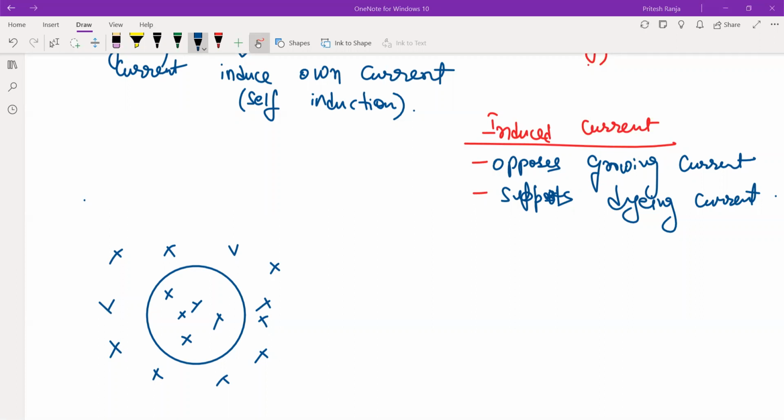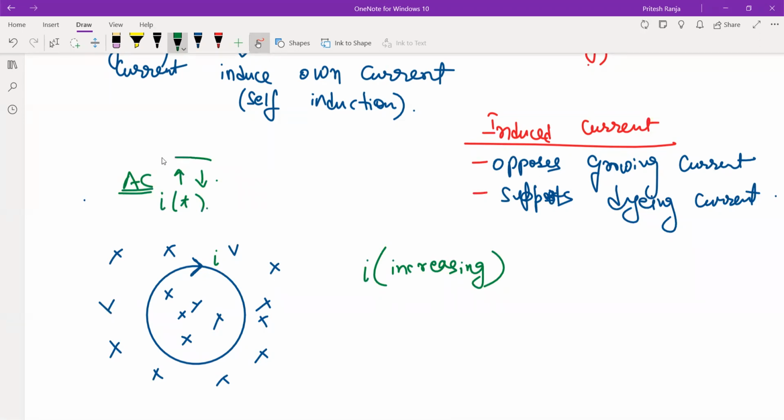And the current which is flowing through the coils, remember I am not talking about the current induced now, I am talking about the current which is flowing. And let us say that this current is increasing. So in the next unit we will be talking about alternating current, that is increasing as well as decreasing with respect to time. So current is a function of time if we talk about alternating current. So let us consider the case when current is increasing.